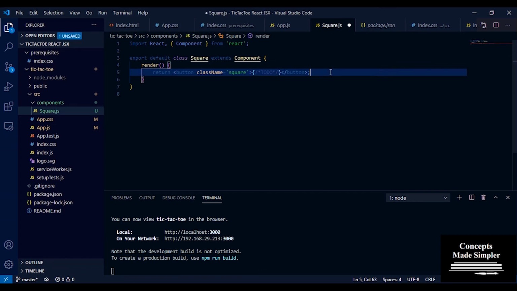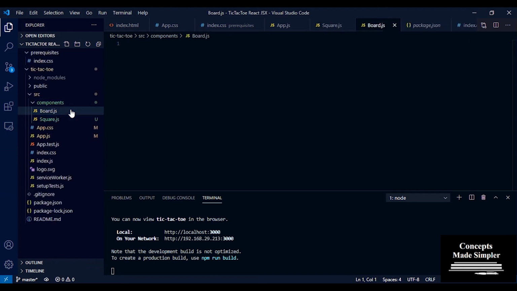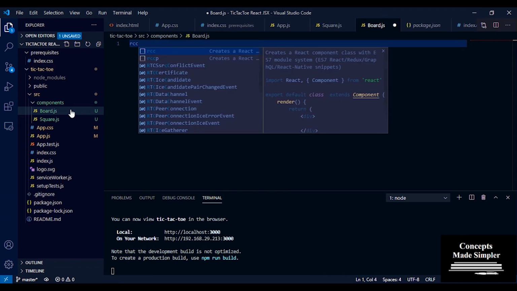Now that we have our list of buttons, all our individual squares, we need a grid of these squares. So let's make another component called Board. This is also going to be a class-based component, so let's do RCC.